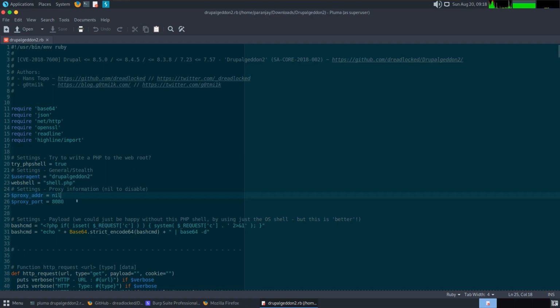So on the proxy address, I am just going to change it to localhost, and the proxy port to 8081, because my proxy is set up on and listening to port 8081. On the require highline import, you should use the command sudo gem install highline. If it gives you an error,